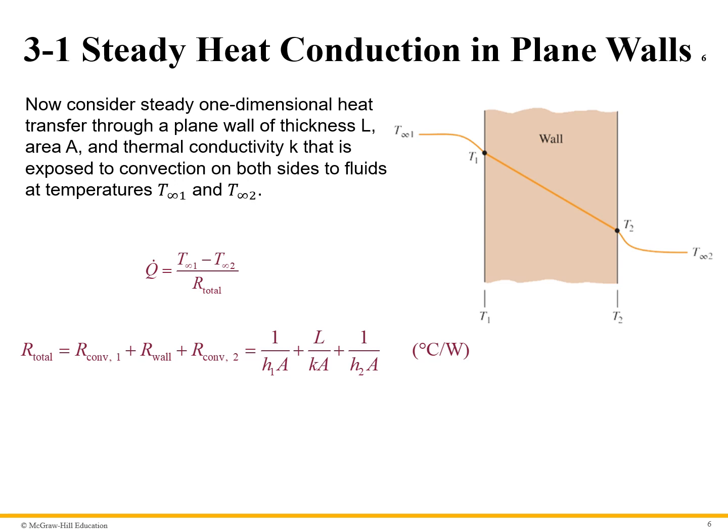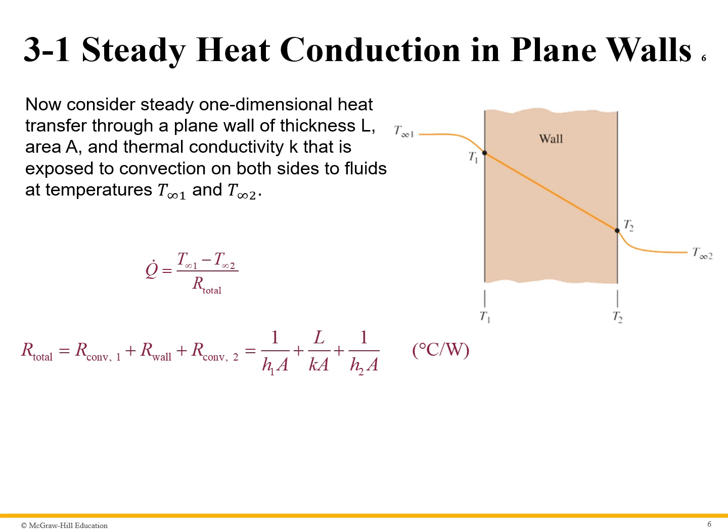So now, having developed the idea of electrical resistance networks and how they can apply to steady state heat conduction in plane walls, let's look at a simple case where we have steady state one-dimensional heat transfer through a plane wall of thickness L, area A, and the wall has a thermal conductivity k. Let's imagine there are fluids on both sides. So on this side, well away from the wall, the fluid is at T infinity 1. And on the right-hand side, well away from the wall, the fluid is at temperature T infinity 2. So using the relationship we developed, Q dot equals delta T over the resistance, in this case, we're going to treat the thermal resistance as a total. And since these are three equivalent resistors in series,